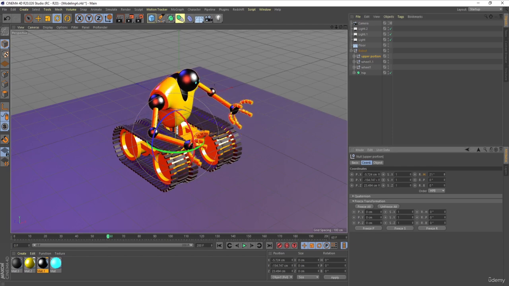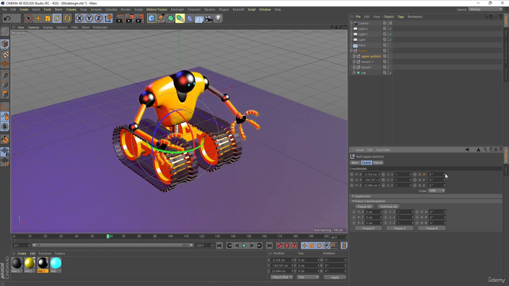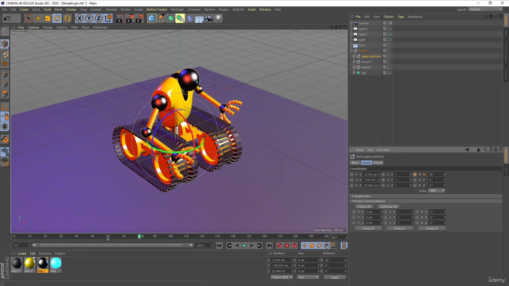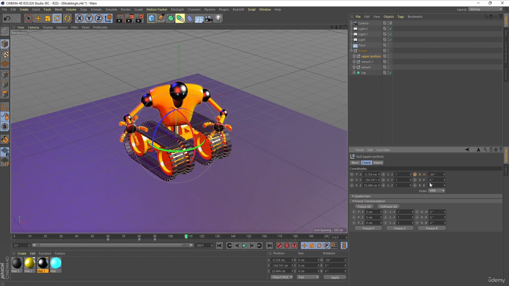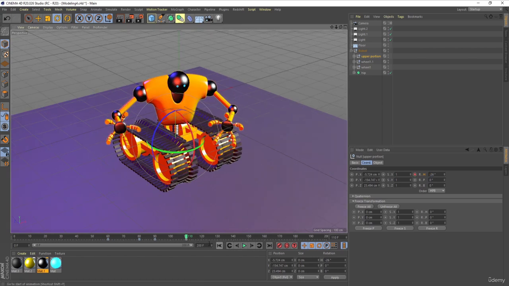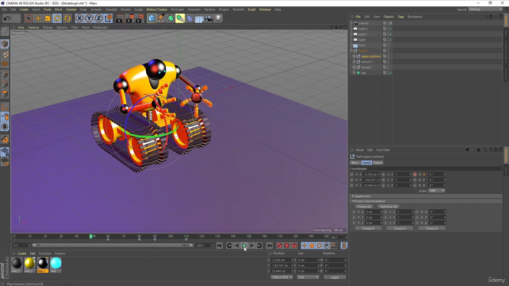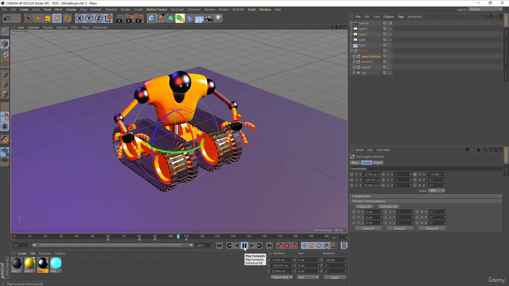If you see, we can rotate it like this and this. So let's make it 0. I'll create one keyframe, I'll go to around 80, let's rotate it like this, create one keyframe, go to around 90, create one keyframe again, go to around 110, and let's make this minus 26, create another keyframe, press Ctrl Shift Z like this. So if you see this thing now, I'll get this, and then this,